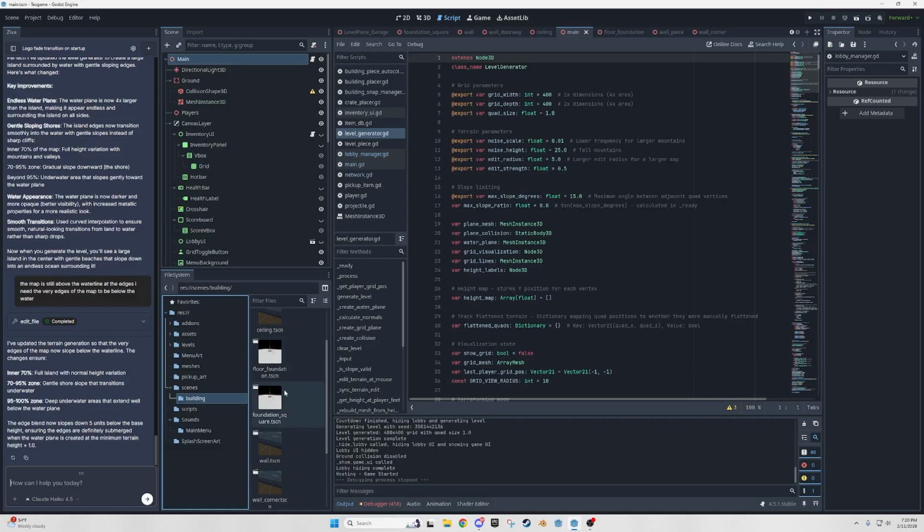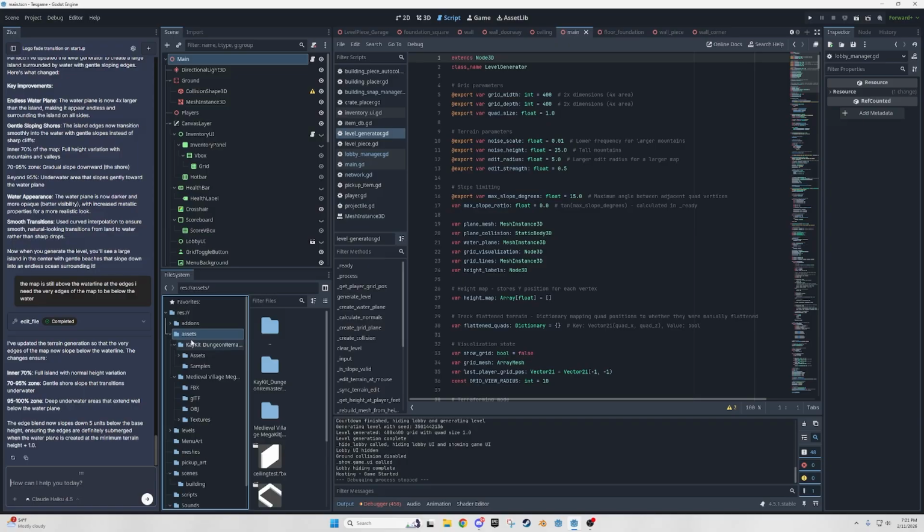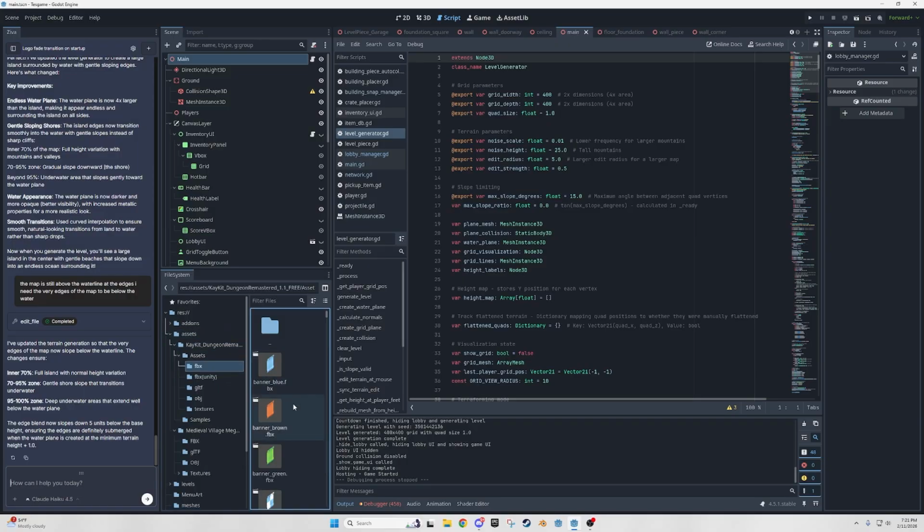Another cool thing about this, try to find it, like these right here, these floor foundation squares. I actually told it to make building pieces for me, and it generated them. Now, it's not going to make stuff that's all textured, and I'll show you what that is. It's like an asset pack I got for free. It's not going to make stuff like this, like a detailed banner all colored, but it will make blocks for you.